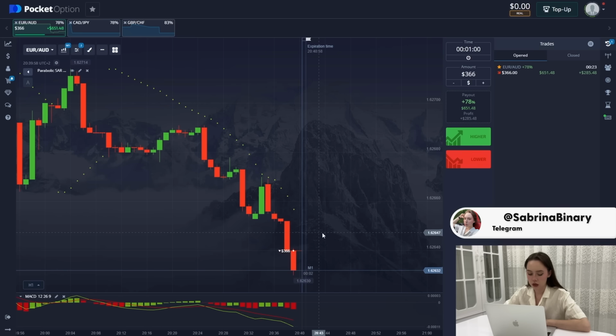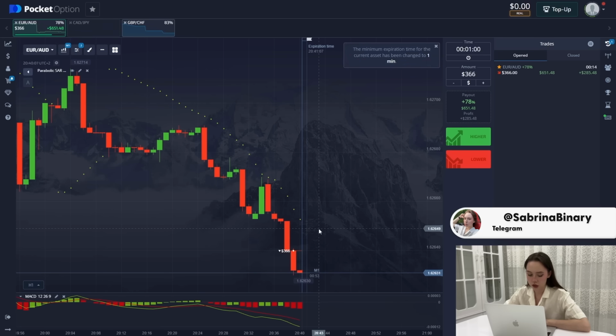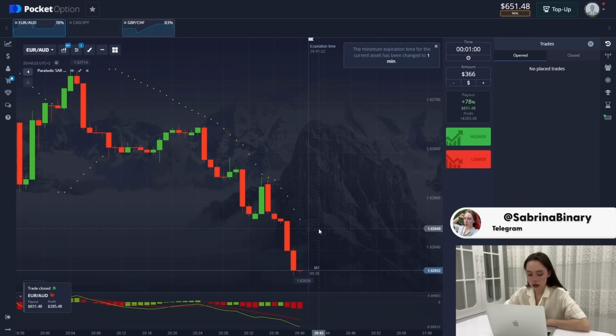As you can see, the first candle formed has gone quite low to the downside, and there isn't much time left till the end of the trade, so let's watch it. Well, trader, our last trade is closed in plus, and the profit is